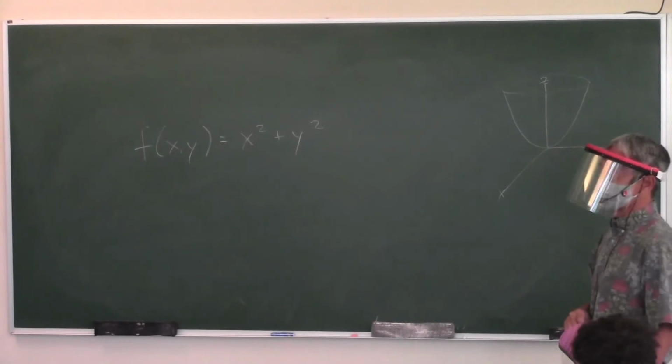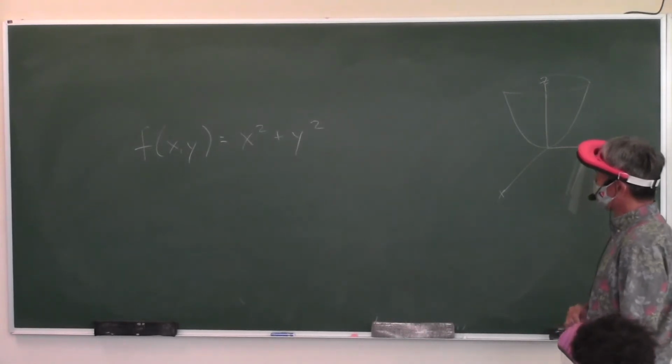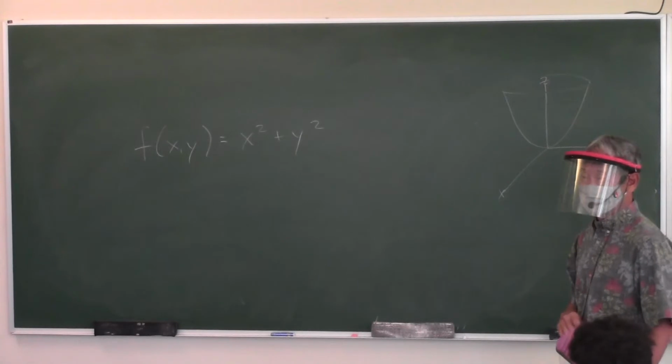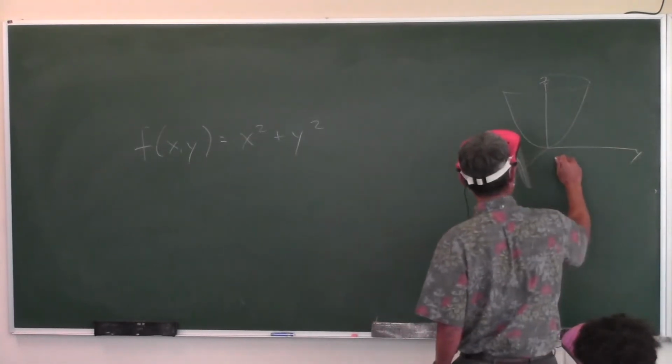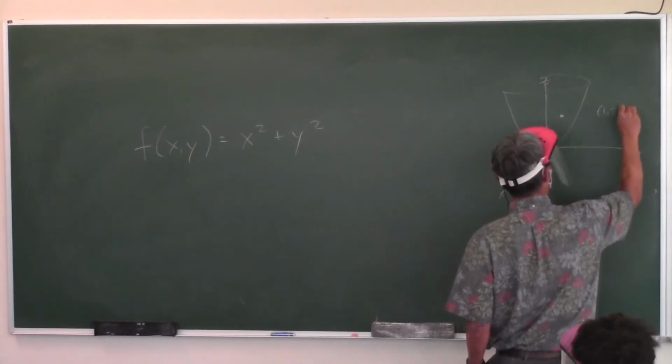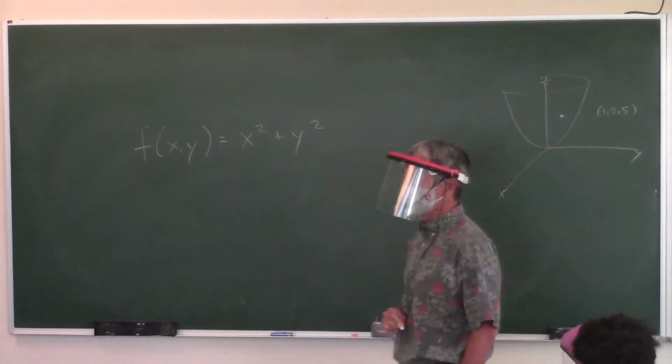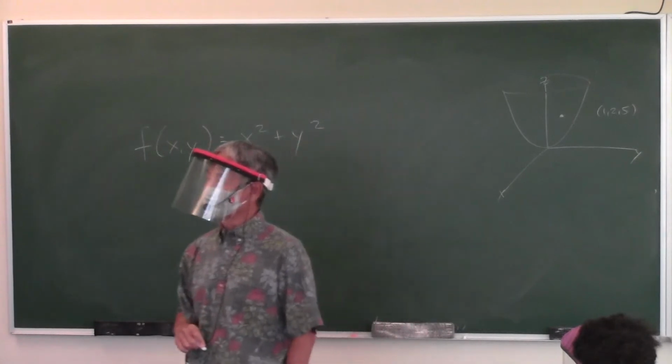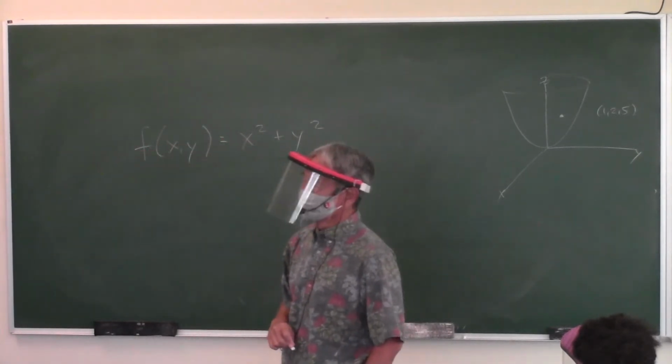Let's not do 0, 0, 0. How about like 1, 2, 5? Okay, so 1, 2, 5 might be up here. Here is the point 1, 2, 5. And let us compute the directional derivative in the direction indicated. Well,